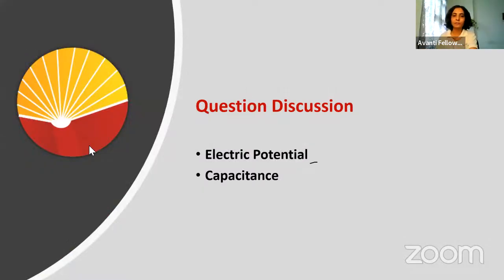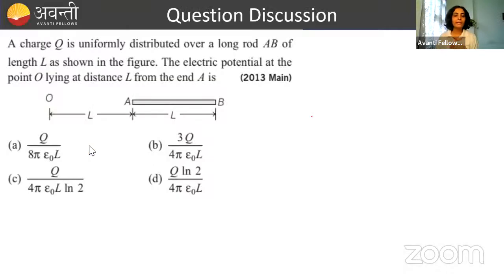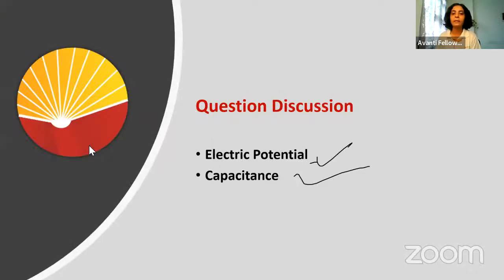Question discussion on two topics. The very first question is there on your screen. Now you can see it. For this question, again, I'm going to give you some... I would love to wait for 1 more minute because people are still joining. So let's wait for 1 minute. After that, we will jump on to the question.